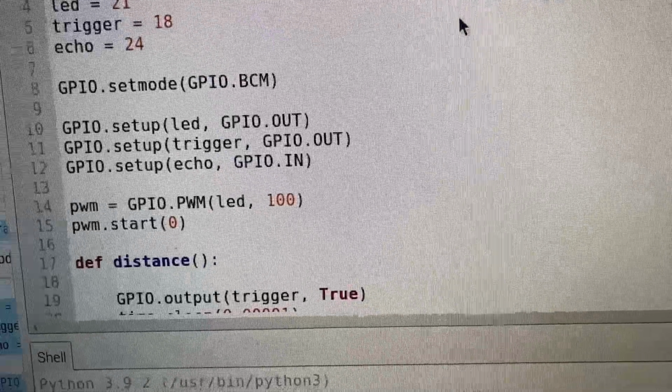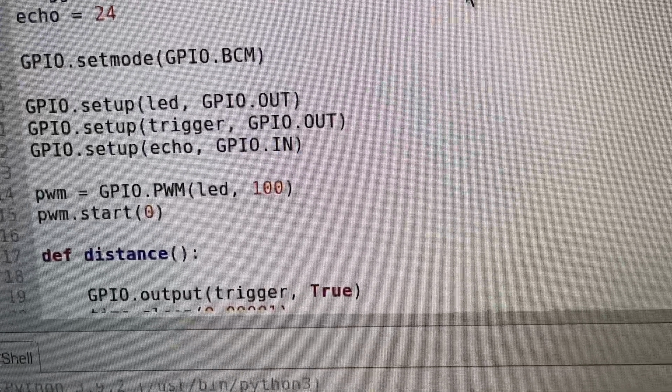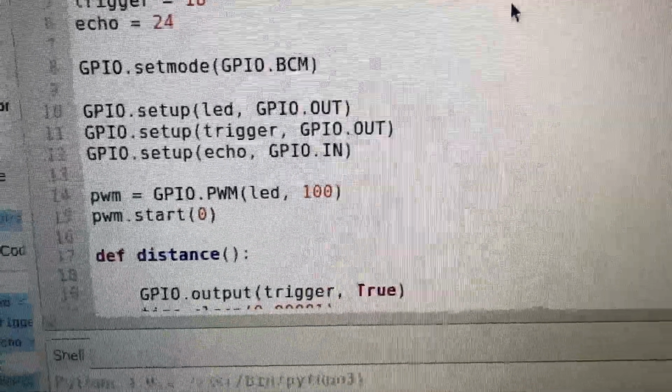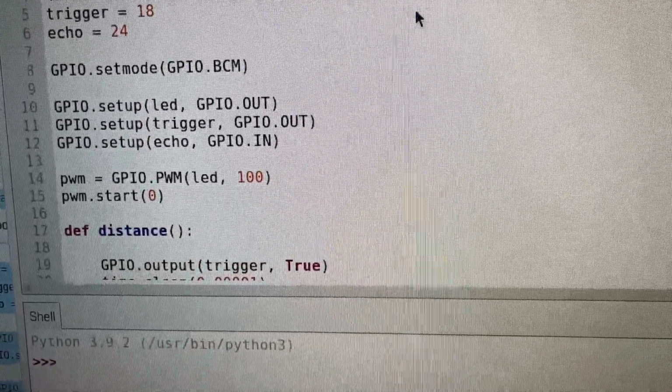and in the next line, this task required us to use a PWM or pulse width modulation, so we are using it on an LED for changing its brightness from 0 to 100. We are starting at 0,